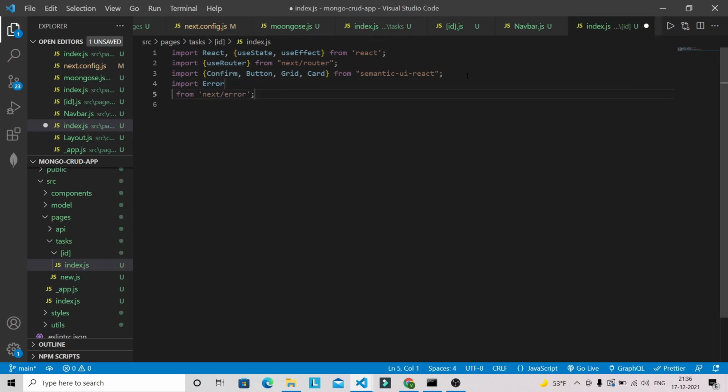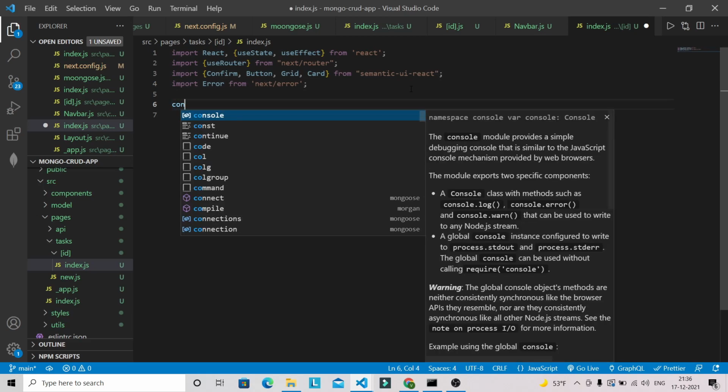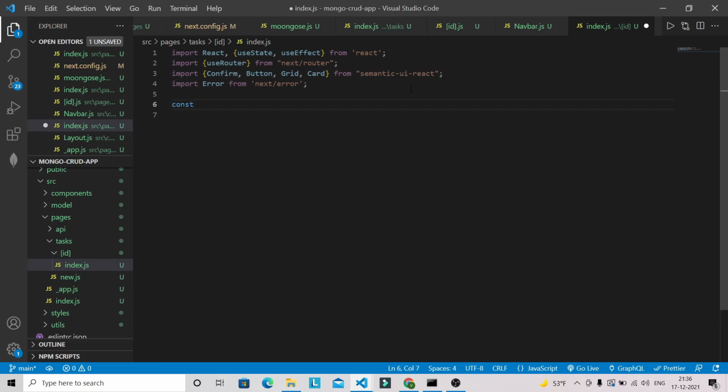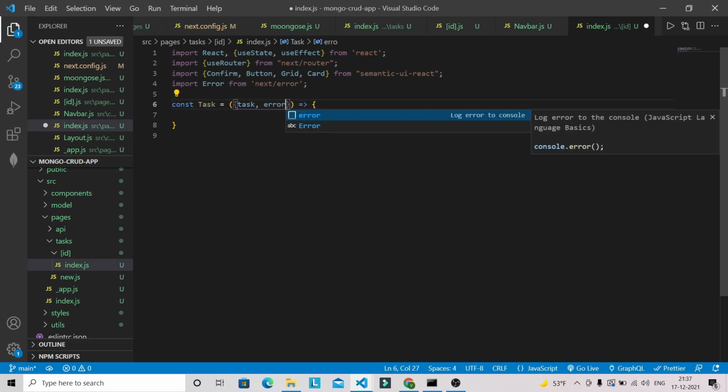Okay, and let's create a component here. A functional component only. So const Task, and this will receive a single task along with the error as well.